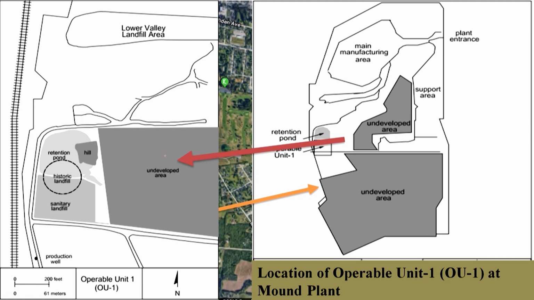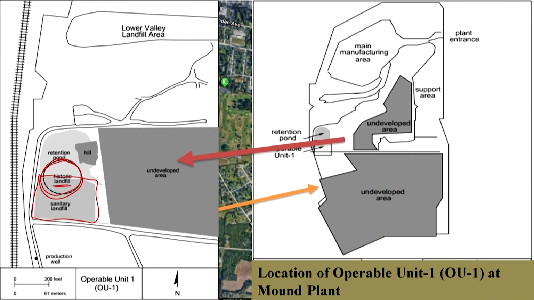So let us look at this particular aspect in a bit more detail. You have this undeveloped area and it looks like you have a minor hill or mound here. Earlier they were dumping in this particular area, a historic landfill, let us say, though it is not a landfill, I believe it was a dump, and then they constructed this sanitary landfill, right. This will be clear in the relevant section. A sanitary landfill, as in they had some impermeable layer beneath it, and then put the waste in this particular landfill, and now they are again maintaining a retention pond, let us say, for various purposes, right.